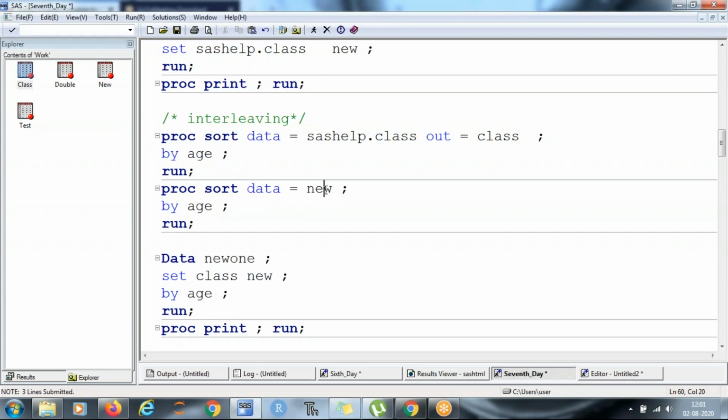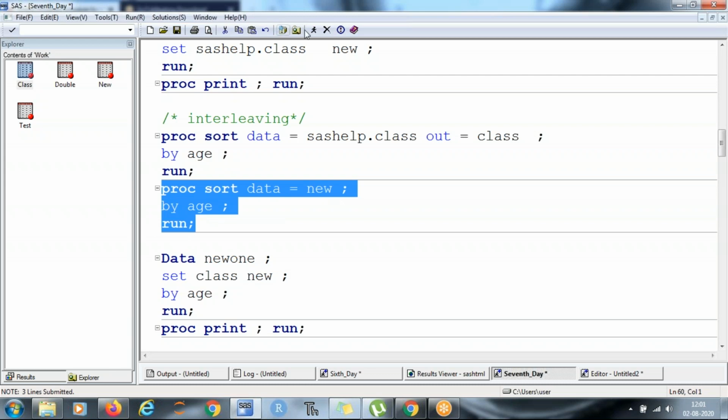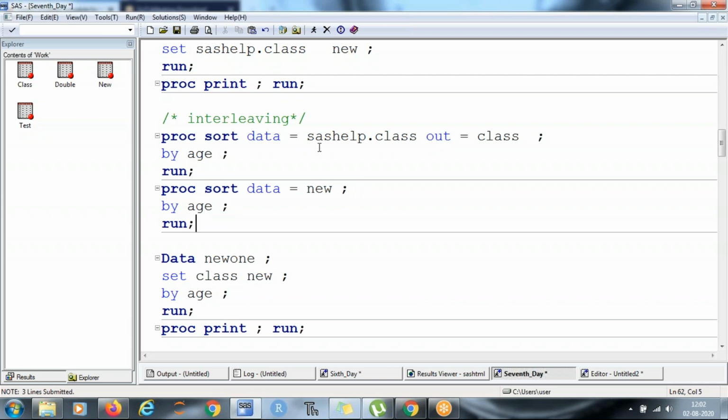Similarly, there is another data set, new, which we have created for our own use. We are sorting this data as well. Do you see that I have used out over here, not here? The reason is that I cannot sort this data because I do not have permission, or access to sort it. This is exactly what happens in an organization. You are not allowed to do anything on the original data. You just need to create another copy of it, and this is what we did over here.